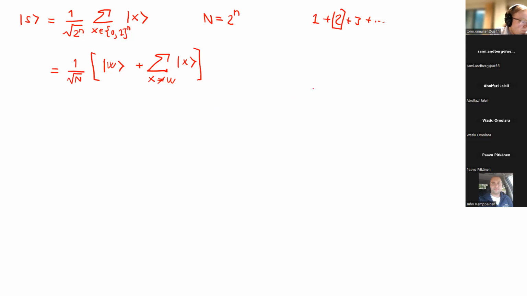Now what we do here is kind of artificial, just some mathematics, but let's see how this is done. I'm going to have this 1 over the square root of n here, but I'm also going to artificially add here something like the square root of n minus 1 over n term.